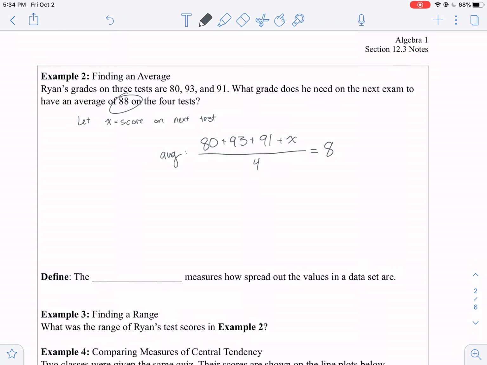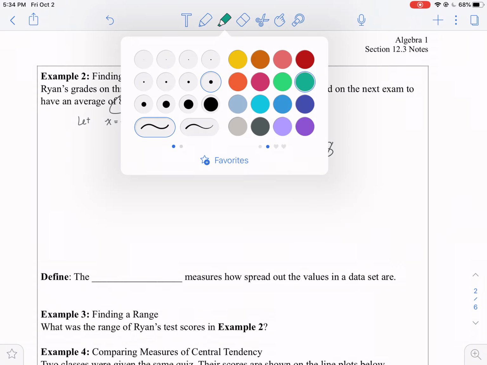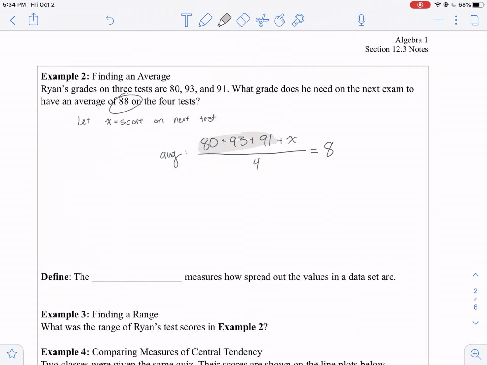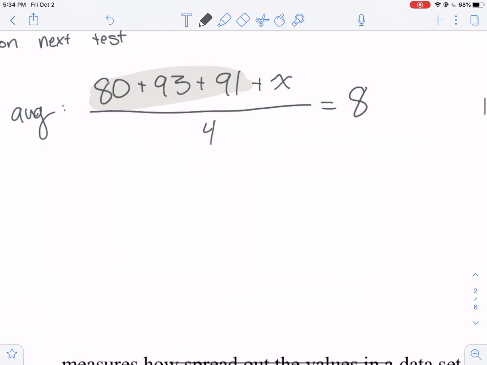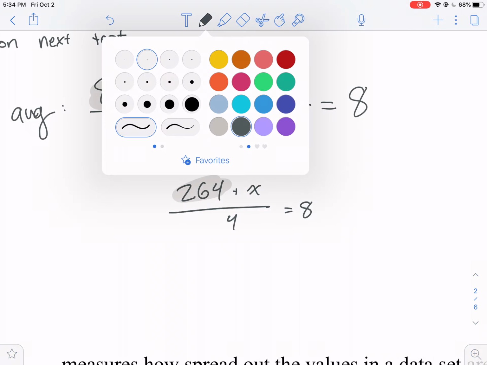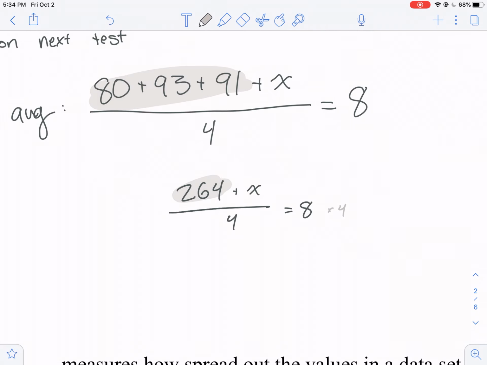Let's get x all by itself. The first step is to simplify what x is not. So we add those all up together, and that gives us 264 plus x all over 4 equals 8. Now, to figure out what x is, let's multiply both sides by 4 to get rid of that divide by 4. So times 4, times 4, and that gives us that 264 plus x equals